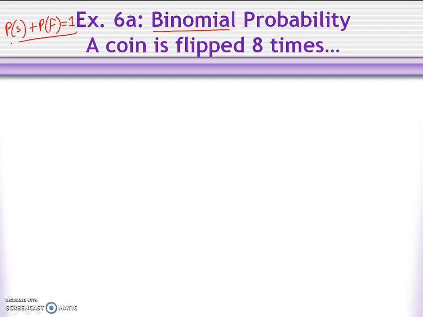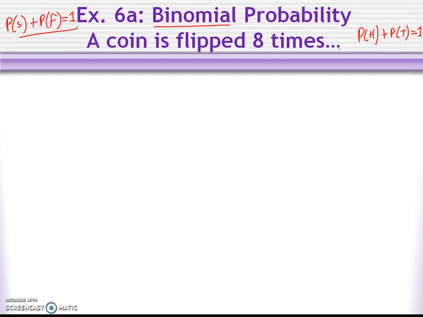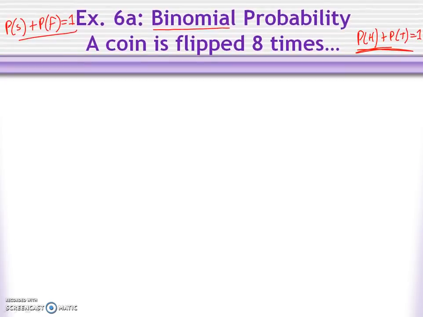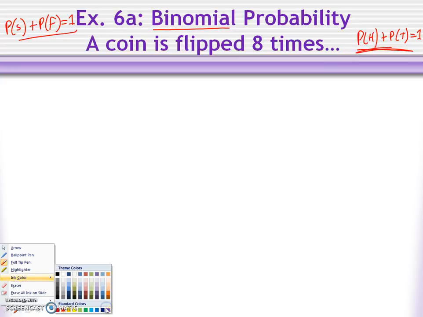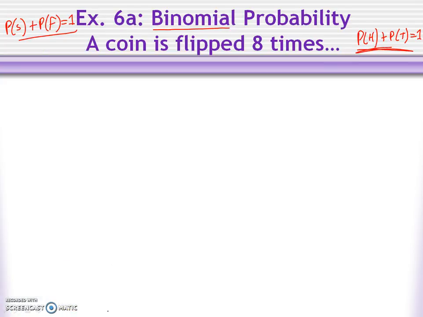up to the user. But let's just talk about repeating the experiment of flipping a coin. So in this case, the probability of heads plus the probability of tails is equal to 1. Those are complementary events. So yes, those would be defined as a valid means of doing the binomial theorem for calculating the probability. And so what happens is,